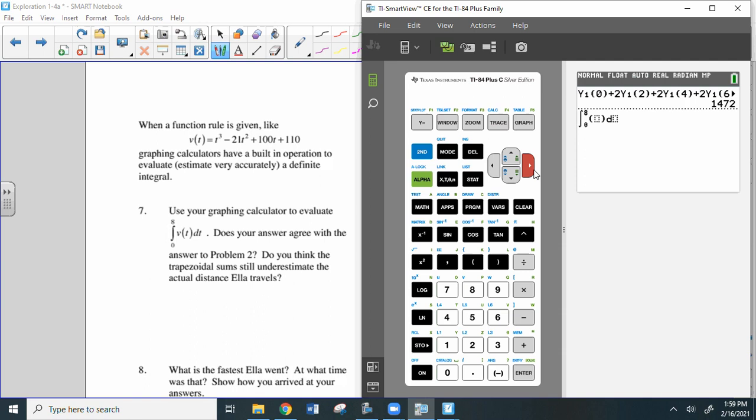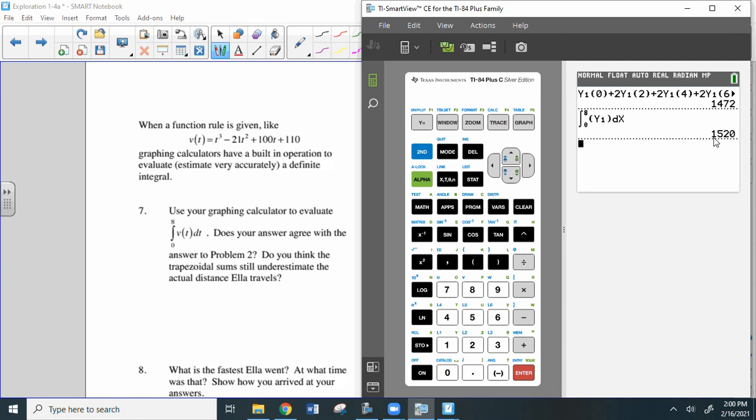Now you can either type your v of t function in again, or you can tell the calculator that it's already in y1. So I'm going to hit alpha trace and choose y1. And then you do have to tell it that the variable is x, so dx. We're going to hit enter. All right, and look at that,